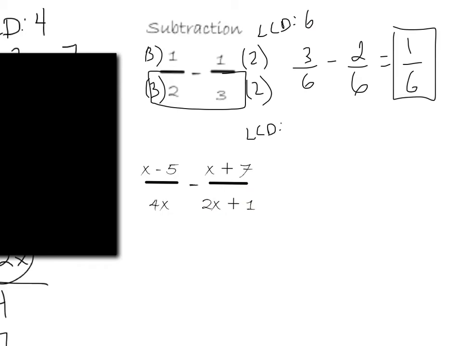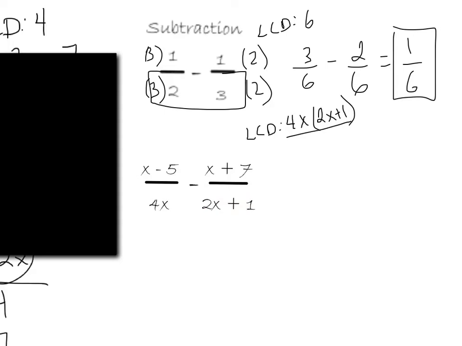So my least common denominator is going to be 4x times 2x plus 1. So I'm going to multiply that onto the top and the bottom, just like I did here, or I'm going to multiply by what I need. Noticing that we just need a 2x plus 1 for that term, and a 4x for that term,